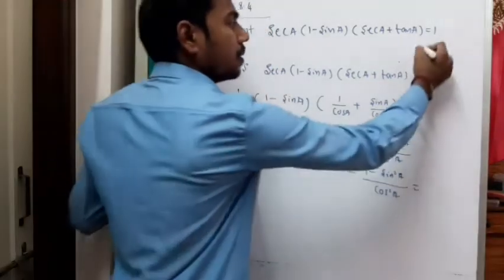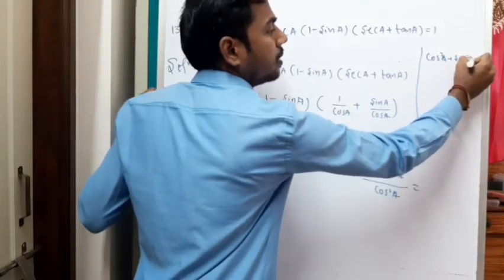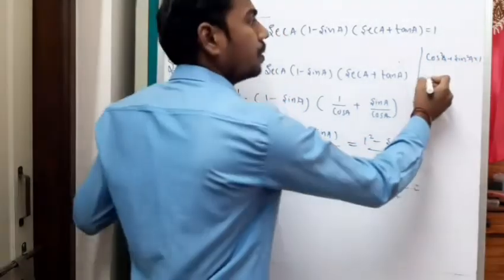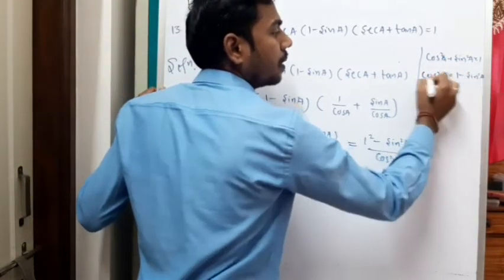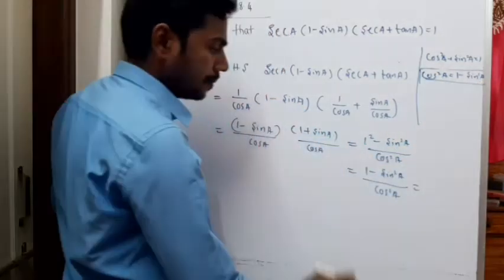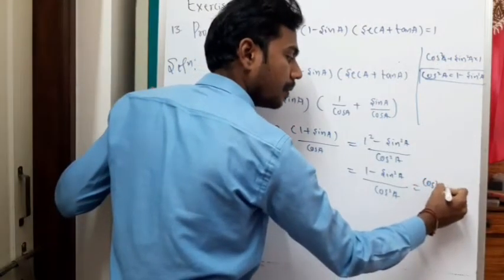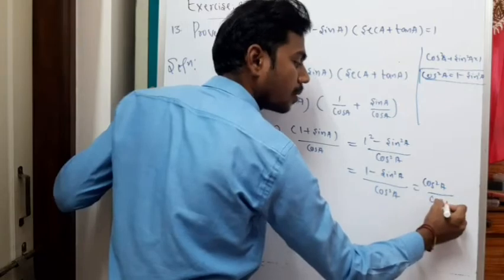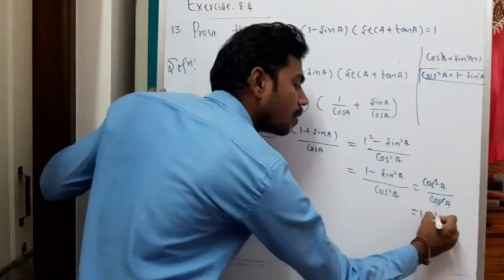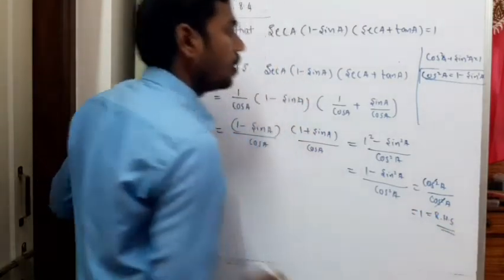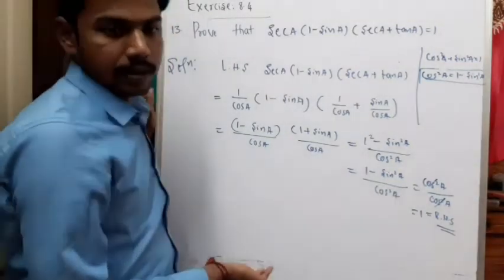So we have, see here I write cos square A plus sin square A is equal to 1. Now cos square A is equal to 1 minus sin square A. So 1 minus sin square A can be replaced with cos square A. So cos square A divided by cos square A. Fine, and this will get cancelled, which is equal to 1, which is equal to RHS. We proved it. Fine. So please go through this. Please note this down. We'll go through the 14th example later.